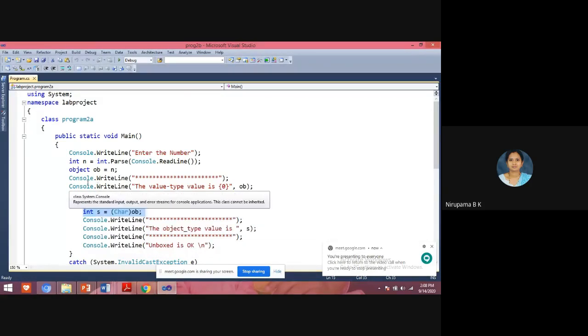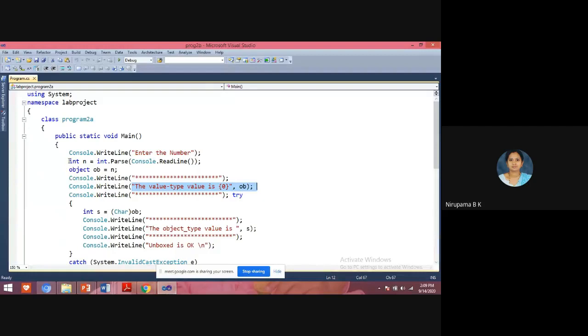Okay, if you don't respond, then I'll understand that, yes, students, here I am taking an integer variable and, using the object keyword, I am boxing the value, and the boxed value will be displayed here. And now I want to unbox. To unbox the value, as we have seen in the previous program, we have to do explicit type conversion. Here I have taken the integer value and done boxing on it. Now to unbox explicitly I have to convert, but here I am taking a character data type.